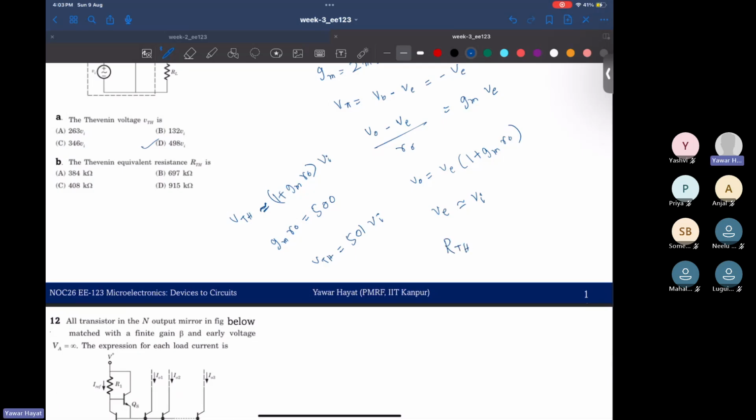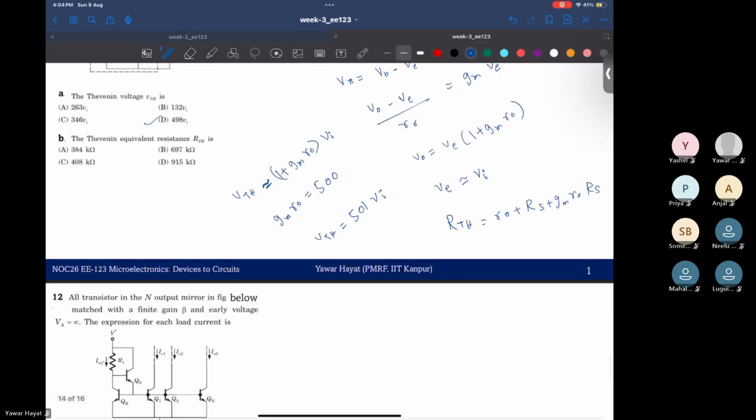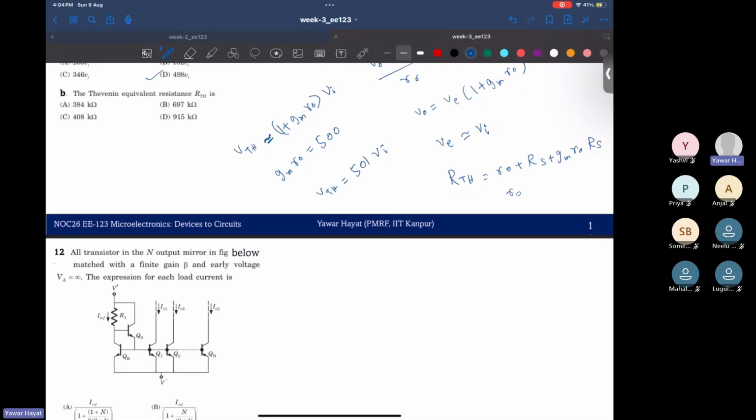Your RTH would be RO plus RS plus GM RO times RS, right? Or I could equivalently say, I can take this RO common from this and this. What will I be left with? RO times 1 plus GM RS, plus RS,